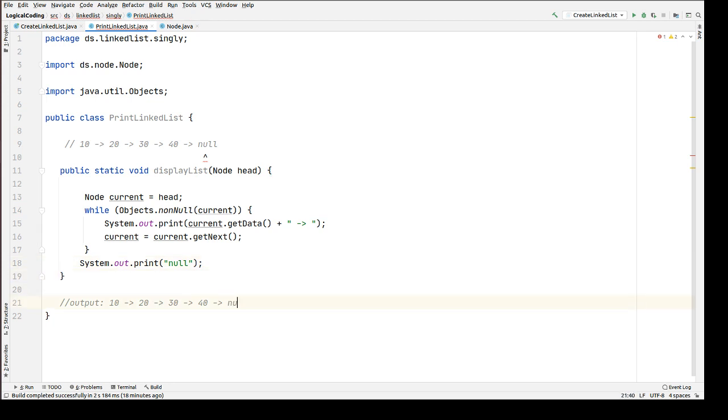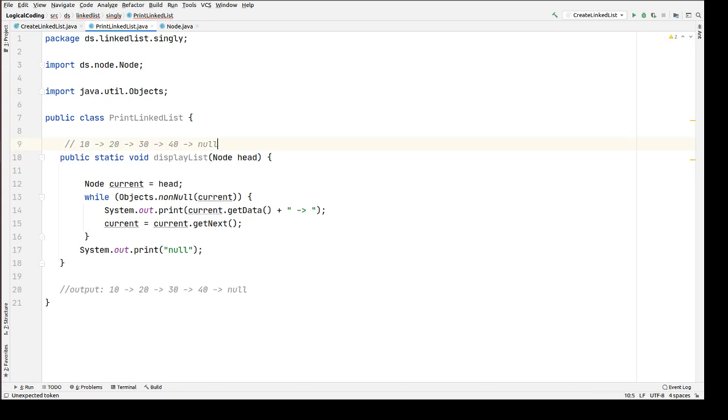So the reference of the fourth node, which has value 40, is pointing to null, and now our current pointer is also pointing to null, while our head is still pointing to the first node. After completion of this execution, the garbage collector will take care of collecting these abandoned objects and freeing the memory. So we are done with this.